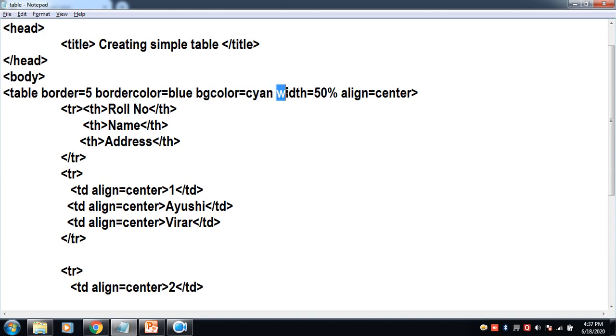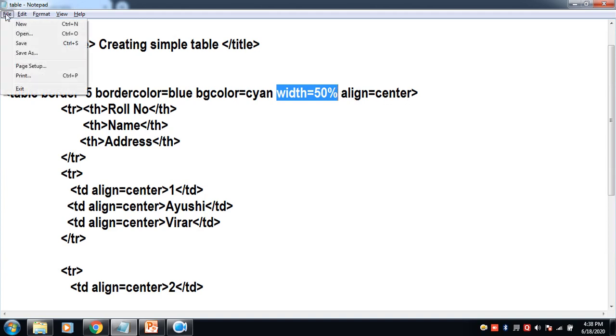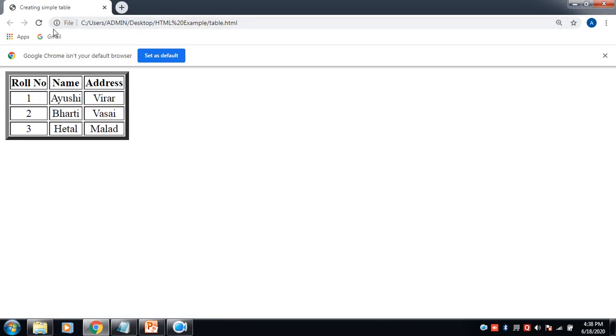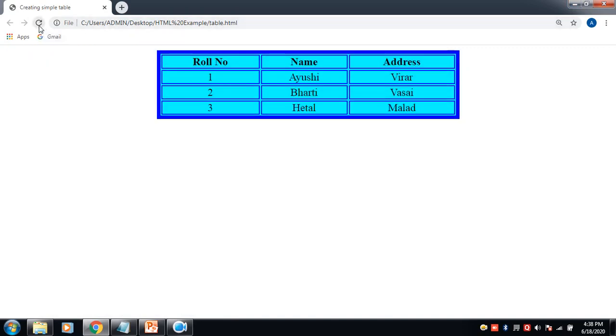Then we have the width of the table, and then we have the align attribute. So let us just save the changes which we have made in the notepad, and let's just refresh this page. Got the difference? So we have got a lot of changes in the output as per the changes which we have made in our notepad.